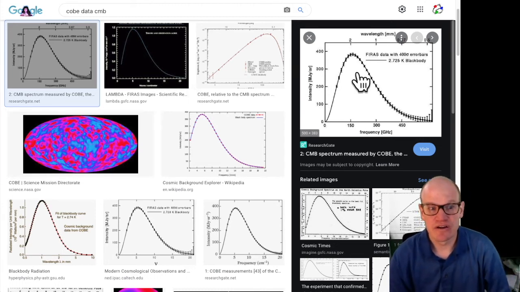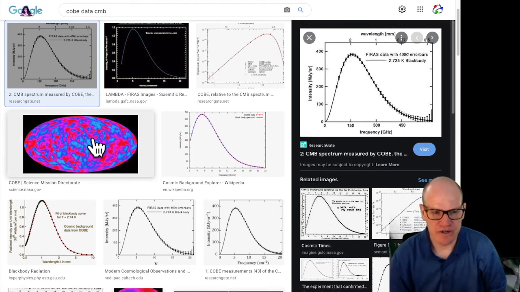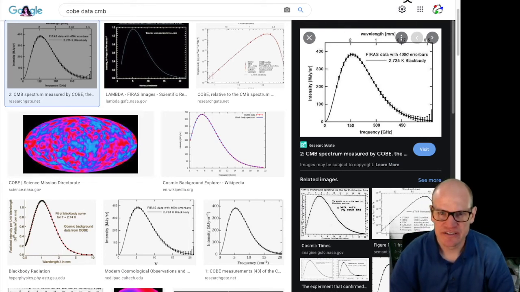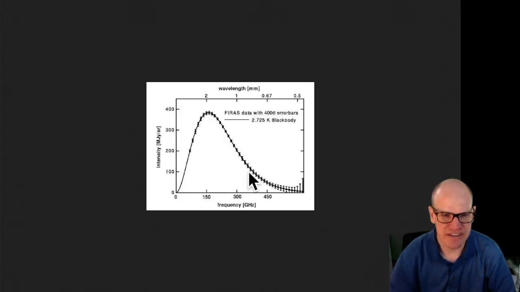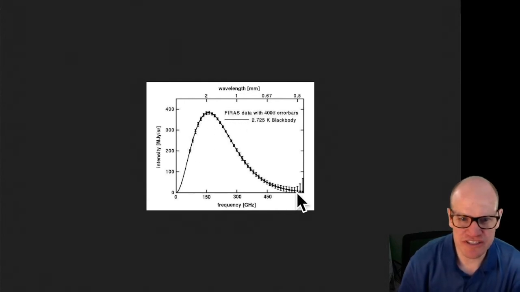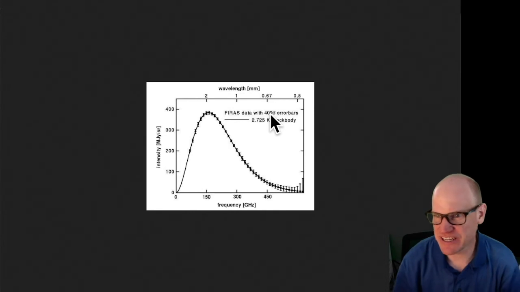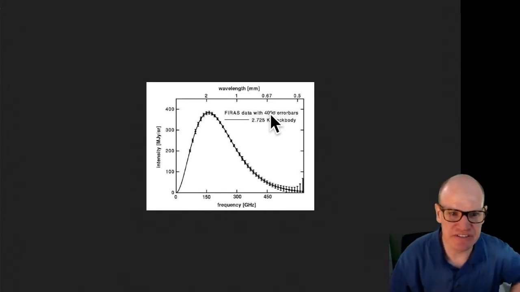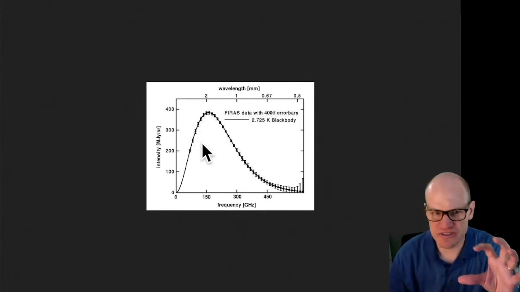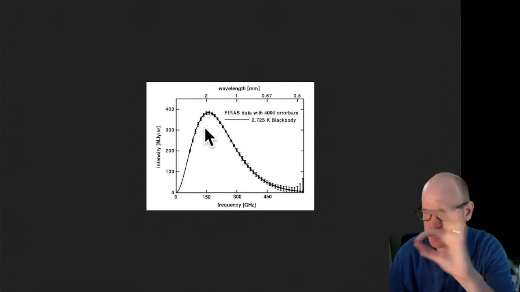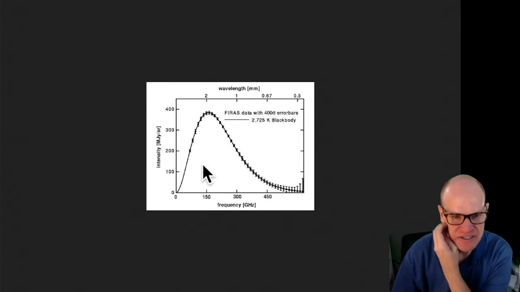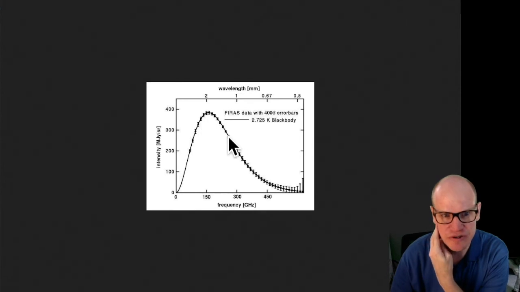The spectrum of light, which means how bright it is at different wavelengths on average across the sky, is this plot here. And the size of the uncertainty here, the error bars, is 400 times smaller. They had to multiply it by a factor of 400 to even see the error bars. With the regular error bars, you wouldn't be able to see them. The dots would cover up the error bars. And so a 2.725 Kelvin blackbody, a single temperature fit, matches these data from COBE.